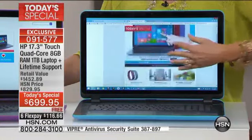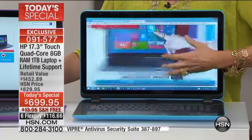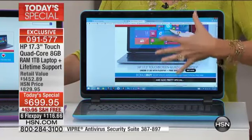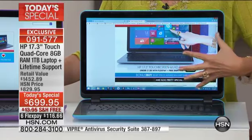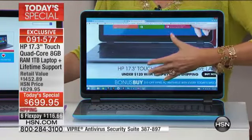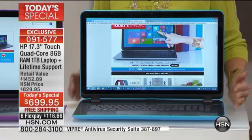And on top of all of that, my favorite thing in the whole world, because now it is so easy for you to navigate anywhere you want to go, anything you want to do, because we know how to use these. No more dealing with that little mouse and the right click or the double left click or whatever it was that we didn't know, but techies seem to know. We now have the ability to do this ourselves. It's going to be faster, it's going to be quicker, and it's going to be bigger